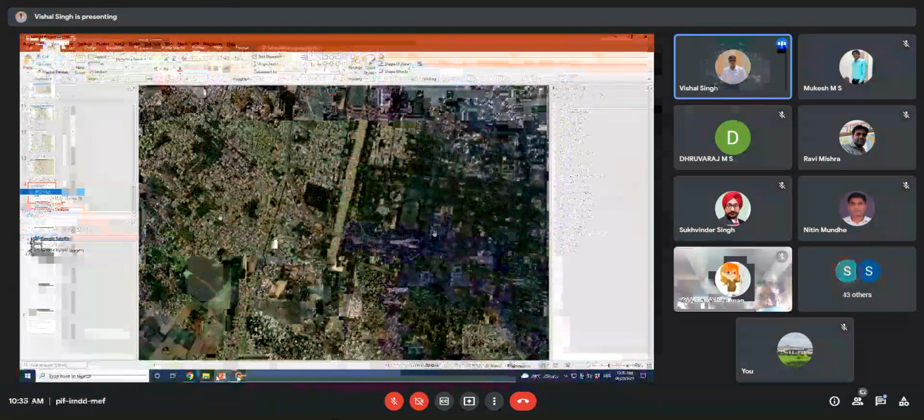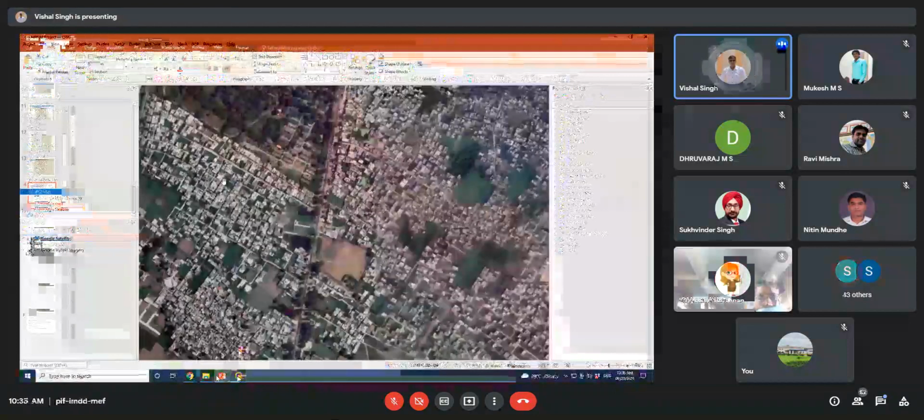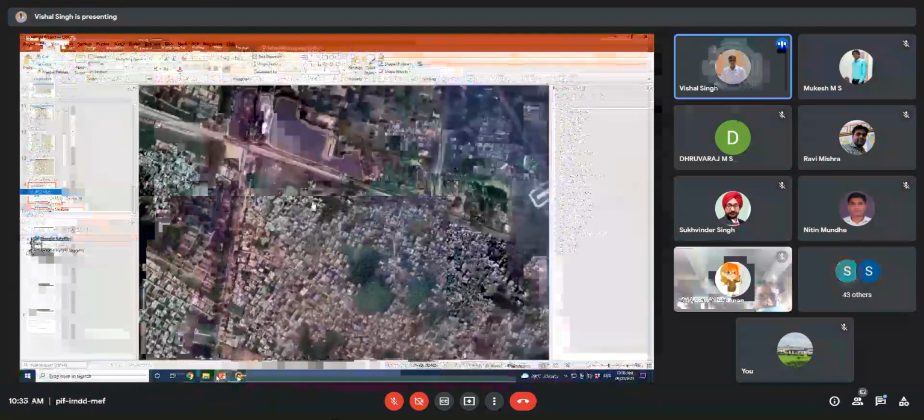Like day before yesterday, somebody was asking how we can identify the slums and all that settlement. So here in this map, you can see that the settlement is clearly visible. So you can identify the settlement area, each and every thing you can see here and delineate.